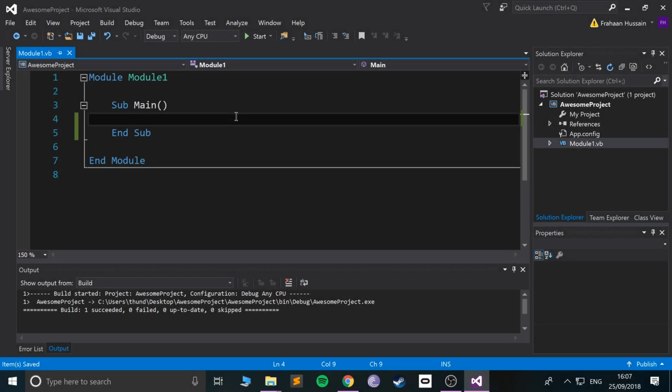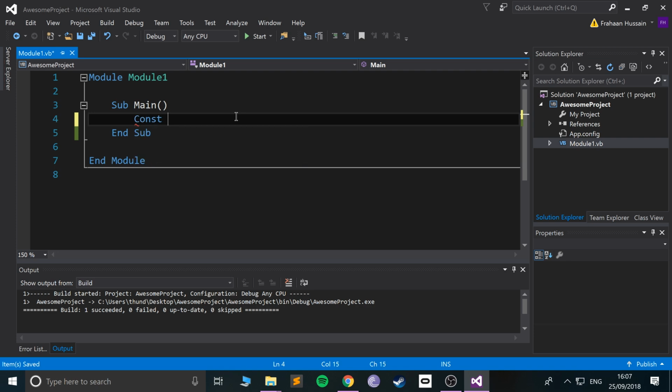Hello, in this Visual Basic tutorial I am going to run through constant variables, also known as constants. So what is a constant or constant variable? It's a variable that has a value that can't be modified. Simple as that, they are constant. So to create one, we would do something like